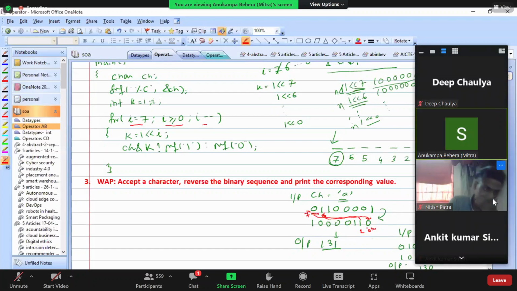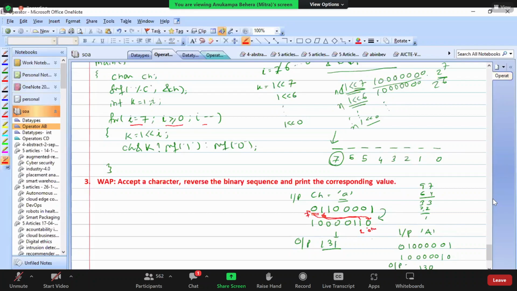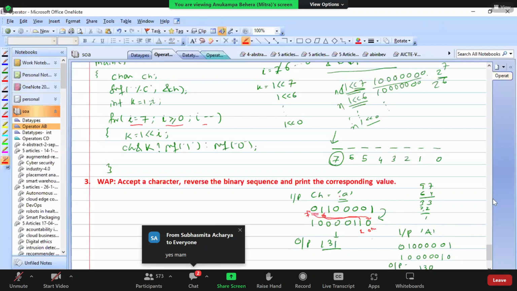Please tell me if you're not understanding somewhere. When you reverse, the one that is in 7 will go to 0. The one that is in 6 will go to 1. The one that is in 5 will go to 2. The one that is in 4 will go to 3. Do you understand what I'm saying? Can I get some response, please? Yeah, thank you. So here, what we can do now,